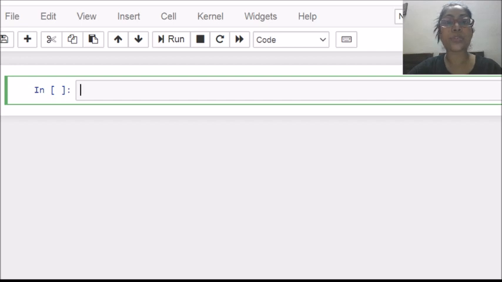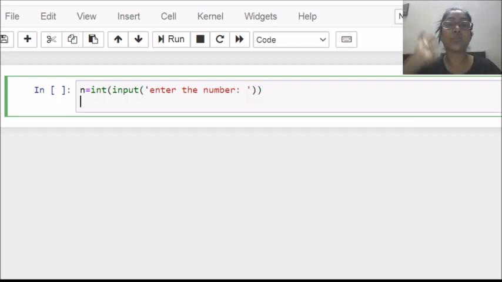Here I am going to take a variable, let's say n, in which I will take an integer value from the user, and the message I want to display is, enter the number. This is the message I want to display on the screen, in which the user will provide a number, and that number is stored in n now. I will check this particular value whether it is positive or negative, for which I have to check whether it is less than 0 or not.